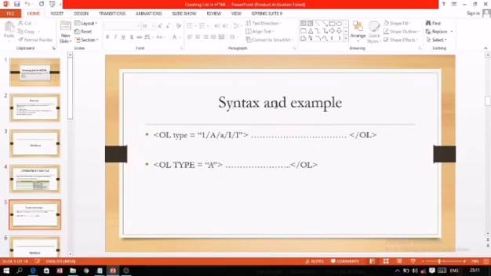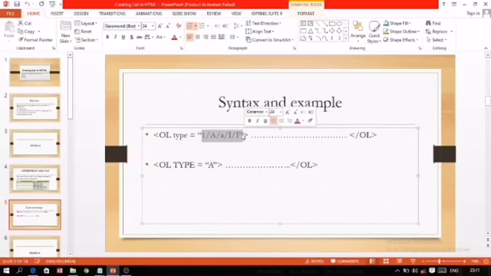After this, what is the syntax, for example, means how you have to use this type attribute. First you have to give the OL tag, then type equals to, you have to give one of these values. You don't have to give all the values together, only one of these you have to write. Like if you want 1 to 3, then 1. If you want alphabet in capital letters A, B, C, D, then alphabet A in capital letter; alphabet in small letters, for that purpose you have to use alphabet a in small letters; Roman number capital and Roman number small. And then after completing the list, you have to give the off tag of OL.